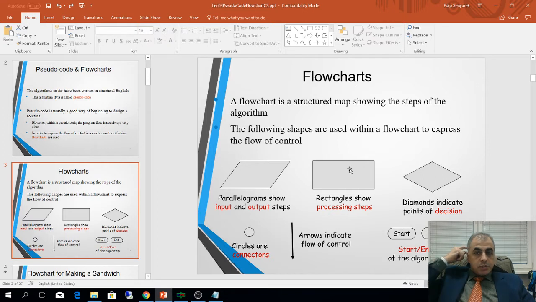And here are the main shapes that we are using for flowcharts. The first one is the input and output shape, which is a parallelogram. The other one is for the processing steps, for the calculations, addition, multiplication, or assignment, whatever it is: the rectangle is for the processing steps. And the next one is for the decision, for the if statement. We are using a diamond shape to control the decision. And the other one is the arrow that shows how the flow goes, starting the program and ending